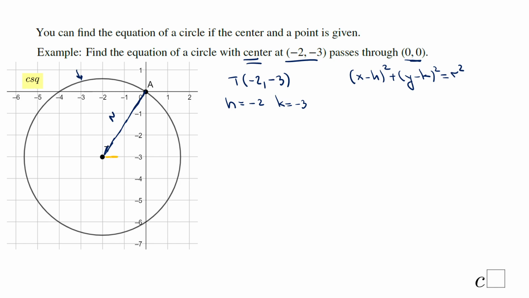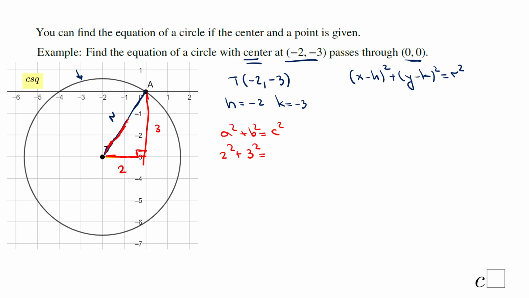You can use the Pythagorean theorem. So you can use the distance formula, then you don't need a picture. But if you do not remember the distance formula, use Pythagorean theorem. If you notice, this is 2, this is 1, 2, 3. So we're going to do a square plus b square equals c square, the Pythagorean theorem, because this is a right angle here. So we have 2 square plus 3 square equal c square,